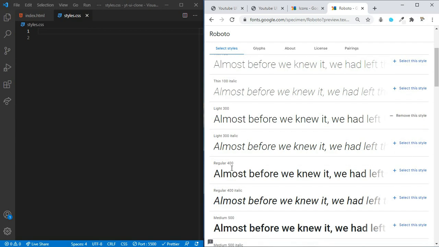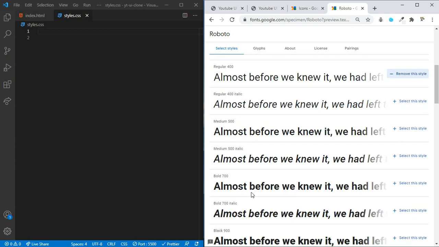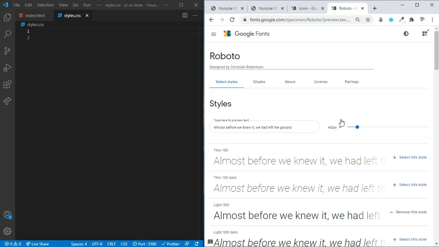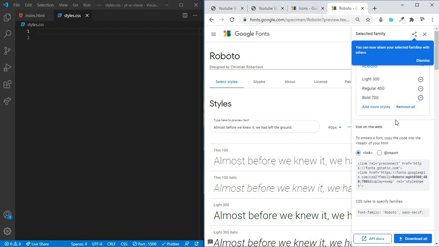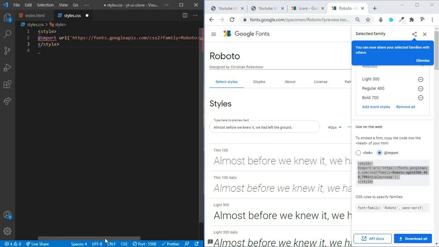Let's also get the 400 and also, I think, 700. Okay, let's get the code. We will be using the import code, so let's use this. Let's copy this and paste it over here. We are not going to need the style tag. Let's remove that.